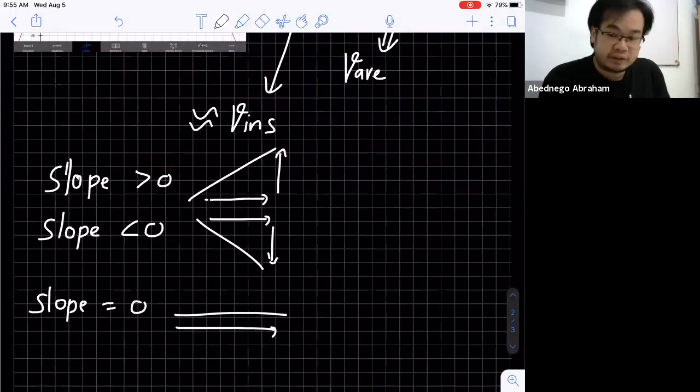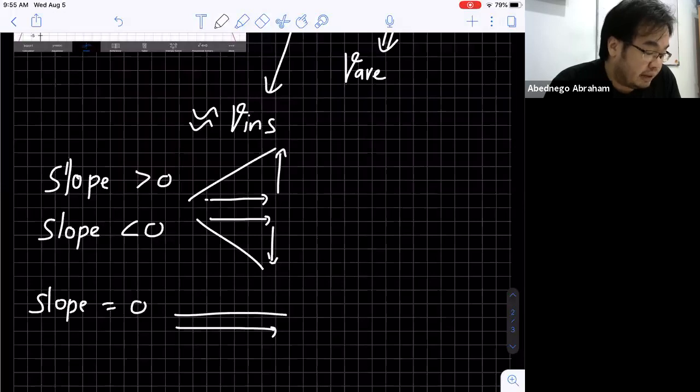Let's see. Example 4. A mass is bouncing up and down on a spring hanging from the ceiling. Its distance, y in feet, from the ceiling is measured by a calculator every 1/10 second, so every 0.1 seconds, giving the table of values in which t is time in seconds. So look at the figure. It shows you an illustration of what is happening. So the question is, how fast is y changing at time t equals 0.3?